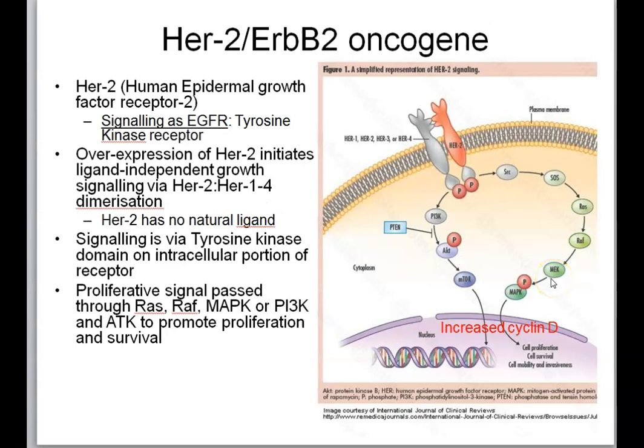So this is the generalized cell signaling pathway of proliferative growth factors. You can see you've got the various human epidermal growth factor receptor types. HER2 is in there, human epidermal growth factor is one of those, and they all signal in pretty much the same way. They are tyrosine kinase receptors, so they've got a tyrosine kinase domain. Remember, kinase refers to phosphorylation, so we get phosphorylation of this domain here upon ligand binding, and then we have a signal passed on down various different routes. This is very much an abbreviated route to drive